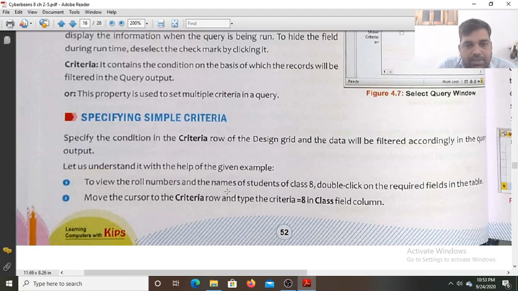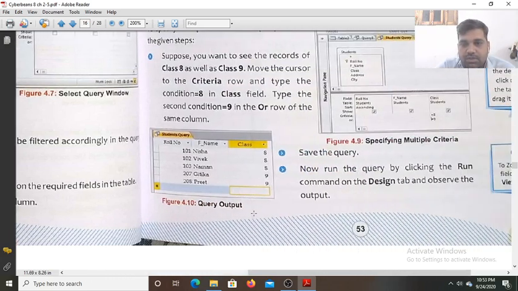To view the roll number and the name of the students of class 8, we double click on the required fields in the table. We'll double click on the roll number, and we will double click on the names of the students. Now move the cursor to the criteria row and type the criteria equals to 8 in the class field column. So it will display the records of the students who belong to class 8,